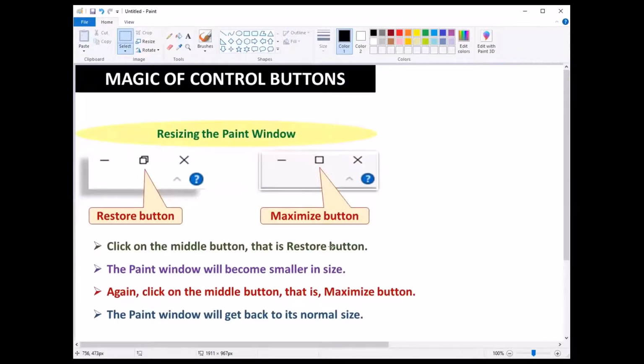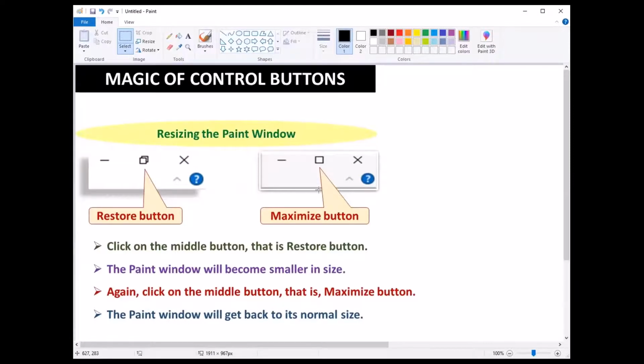Then again, click on the middle button. After clicking on the restore button, we will see our three icons in this format. Only one single square will appear in the middle. This button is known as the maximize button. What do we call this button now? Maximize button.